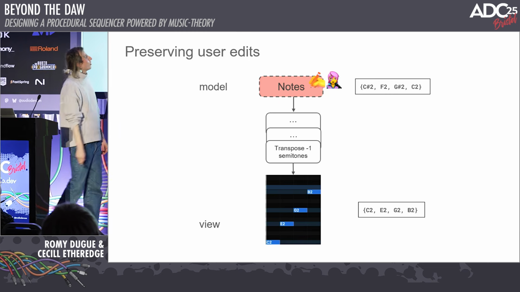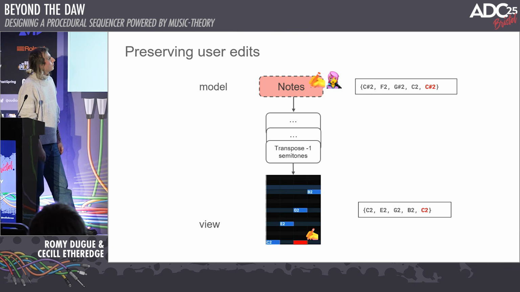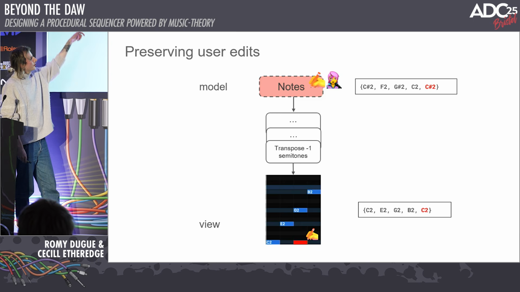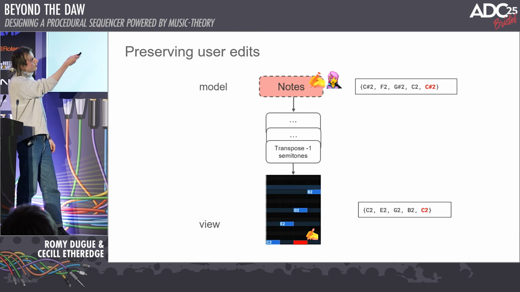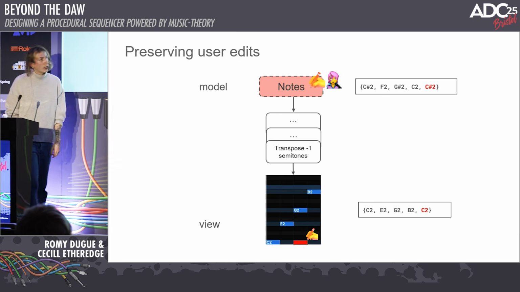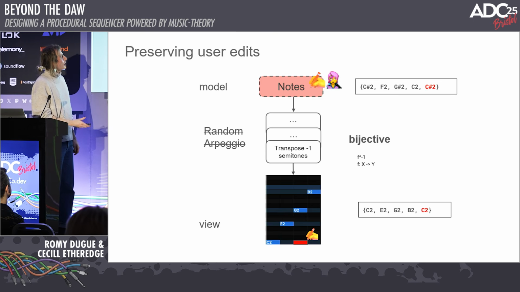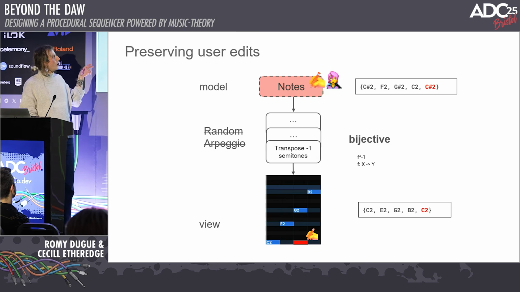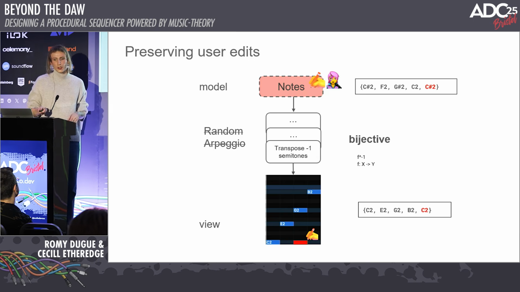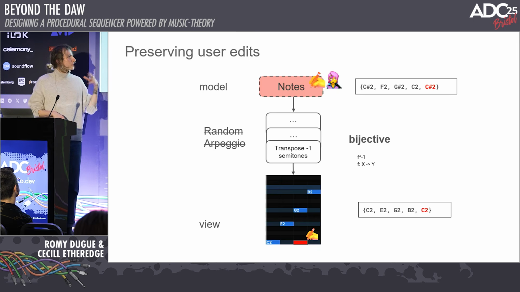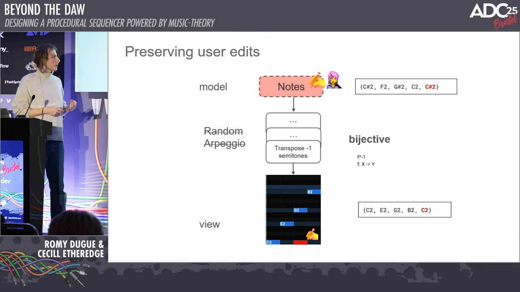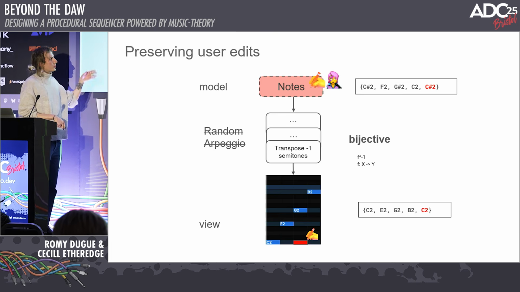So now if I want to add a note here, we have to be careful about being able to kind of invert that transform to be able to place the right note in the model. So we have to be careful about the mathematical properties of our transform, which is obvious in that case, but it's always valid when designing such a sequencer that is going to be imported at some point. And so if we want our system to be predictable for the user, it's better if our transforms are